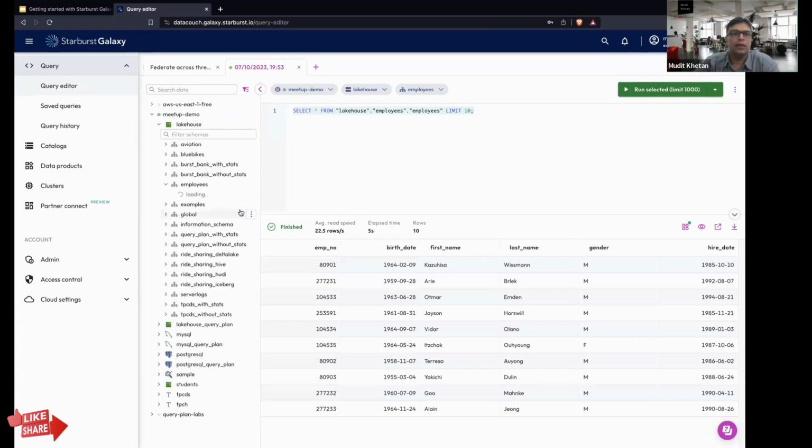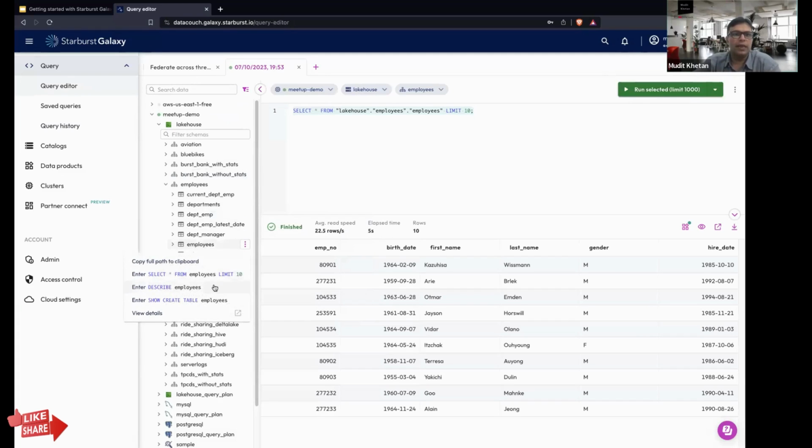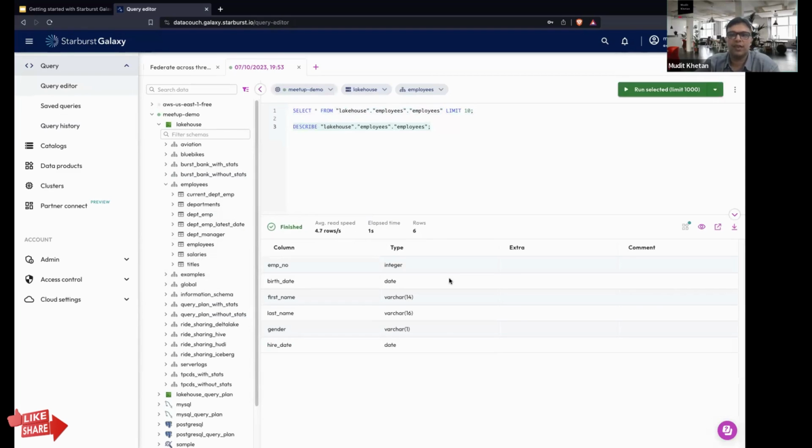Okay. Now in the employees table, let us check describe employees and let us see what it gives. It is going to describe the table to me: any additional constraints, any comments, what the table types are and so on. A simple thing that I believe most of you understand.